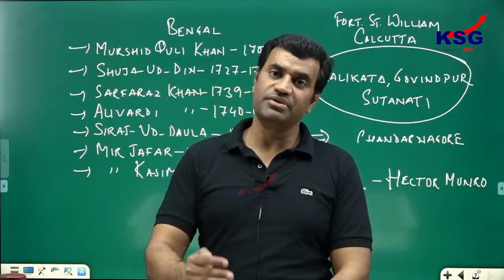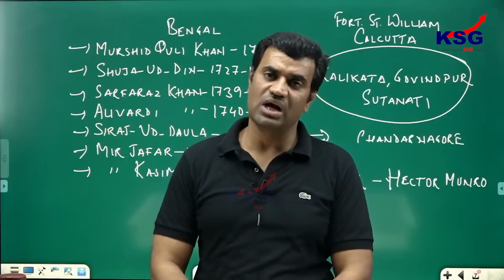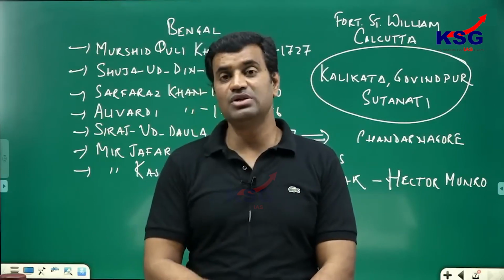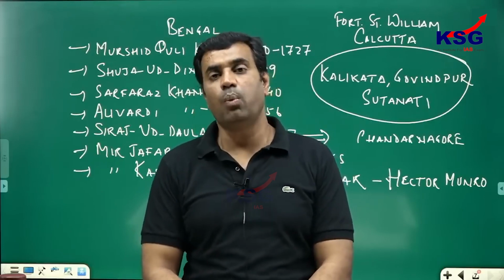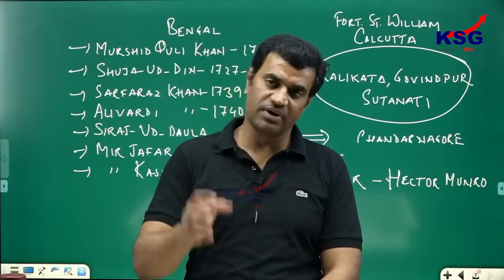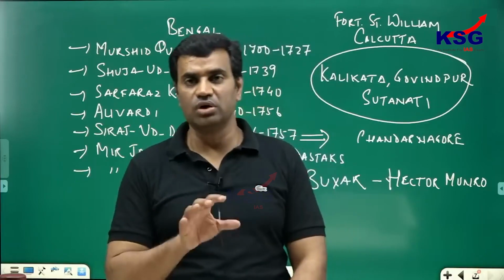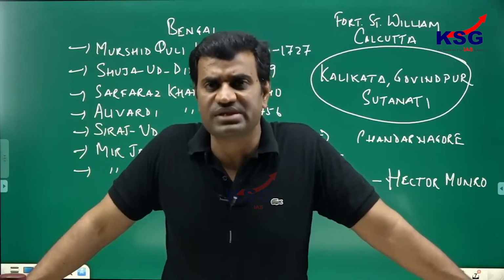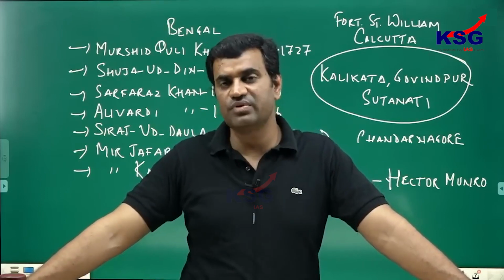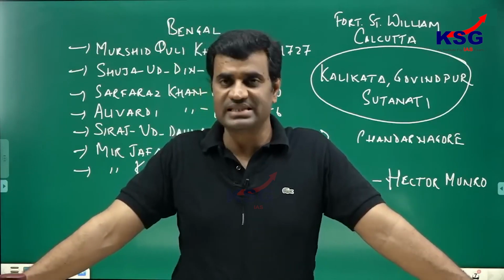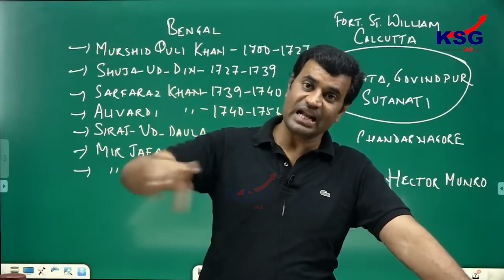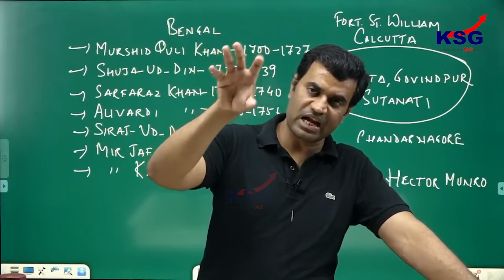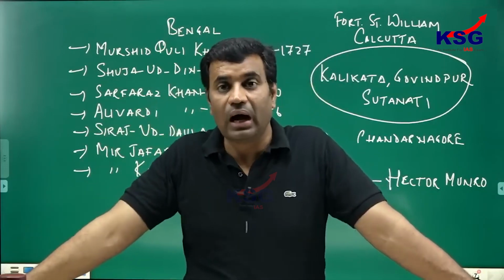Clear? At the same time, the Treaty of Allahabad was imposed on Shuja-ud-Daulah, whereby he was supposed to surrender the fort of Allahabad for the Mughal Emperor, and he was to pay 50 million rupees as war indemnity to the British. It was a big loss at this point of time. And moreover, the British deputed their military forces in the capital of Awadh, and that marked the beginning of a system known as subsidiary alliance, which was formalized later on by Lord Wellesley in India. But the genesis of subsidiary alliance can be traced back to the development that took place in Awadh, where British residents and officers began to be posted in the capital city of Awadh by this time.